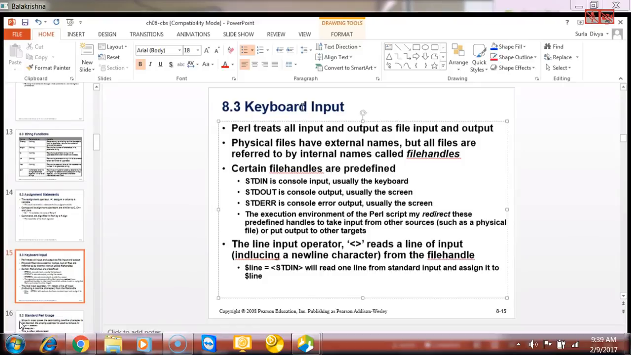But all the files are internally referred to by file handles. Though we are saving some files in your computer, say you might be typing your resume and you save it, internally, whenever you try to open that file, how are things happening? They are treated as file handles. The file handle for that particular file you are trying to open is created, and then